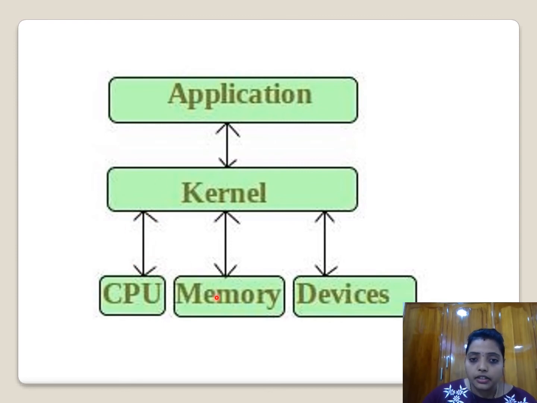Exchange of data in the system will happen. The data exchange will happen from one part to another part by using the display devices. How will it happen? Like this: by using the application software, the data exchange takes place from CPU to kernel system, memory to kernel system, and devices to memory system. These three systems are controlled by this control system, the kernel system.